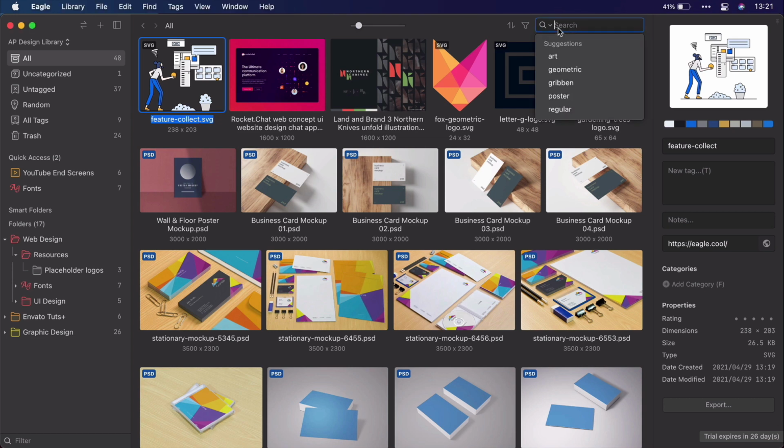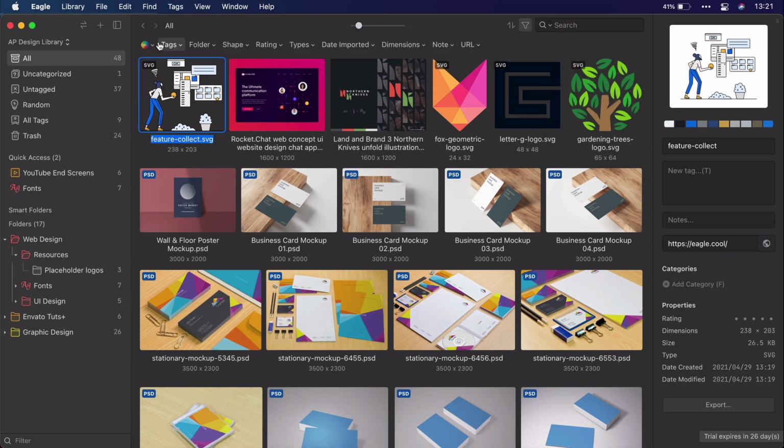Well, in Eagle, you can search by all of these things: file name, folder description, the extension. You can search by tags, the URL, and you also have some filtering options here that makes searching for items really, really easy. So these are the three problems that Eagle solves: collecting images, organizing them, and searching for specific